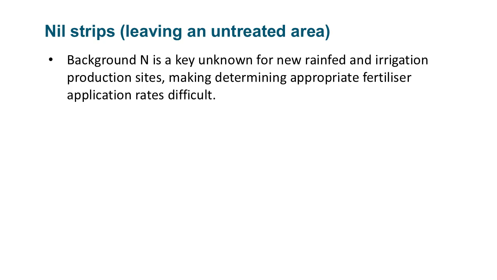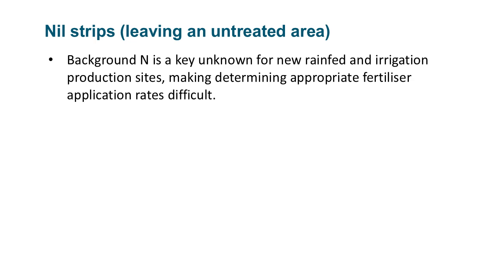So one of the key unknowns for a lot of people when they're attempting cotton production for the first time or in their first couple of seasons, whether it be rain-fed or irrigated, is what is the inherent background contribution of nitrogen in your system for your soil type? And this is a critical piece of the puzzle when trying to determine the required rate of fertilizer that you